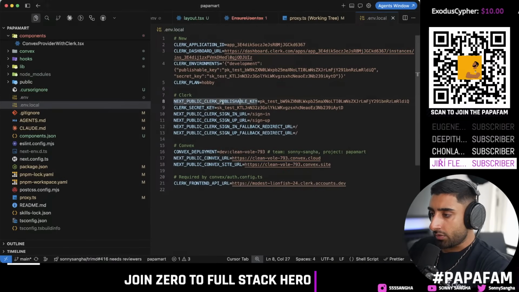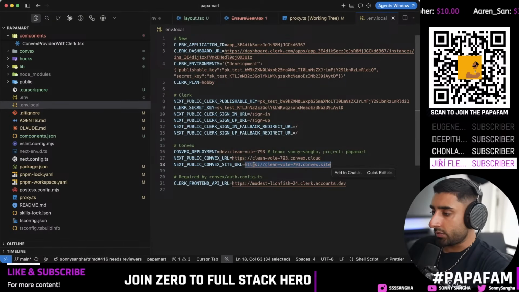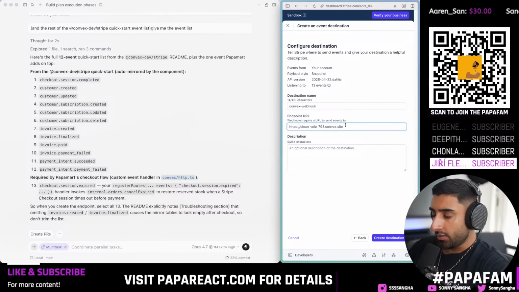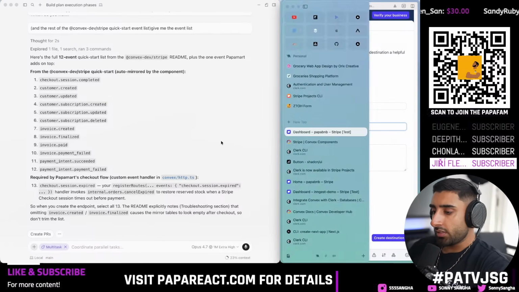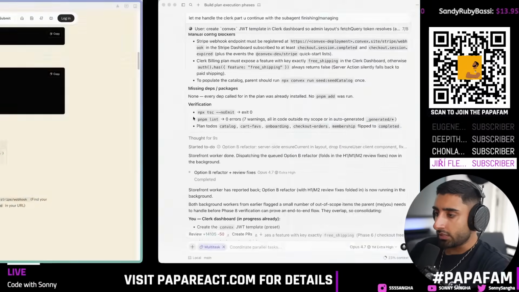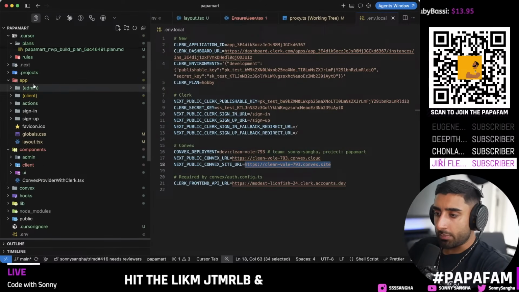So what you want to do is your next public site, Convex site URL. The one that you want to look for is the one that ends in .site, okay? And it's /, and then, if we look up over here, they gave it to us earlier. You can see it in the code if you really don't know where to go. So you go into your app API,